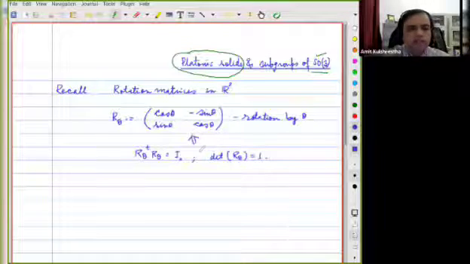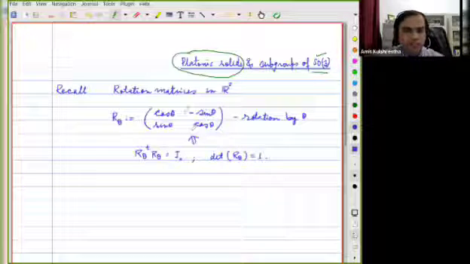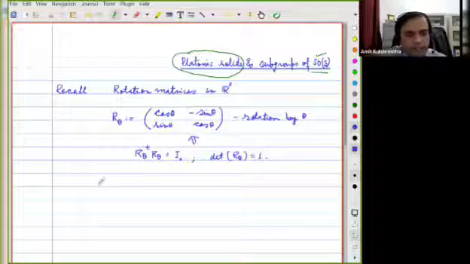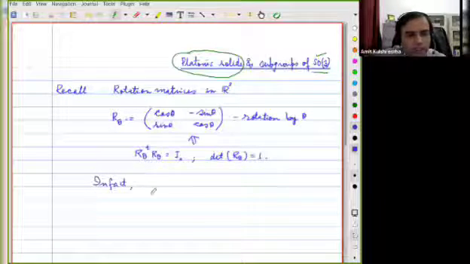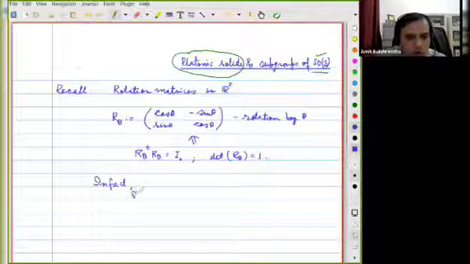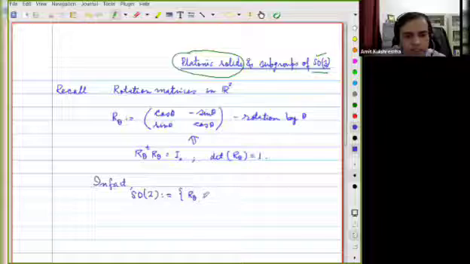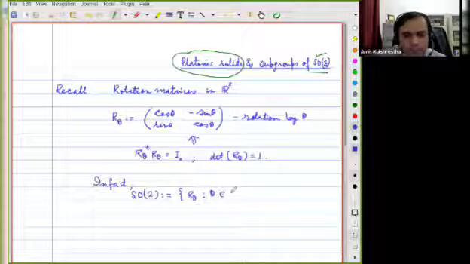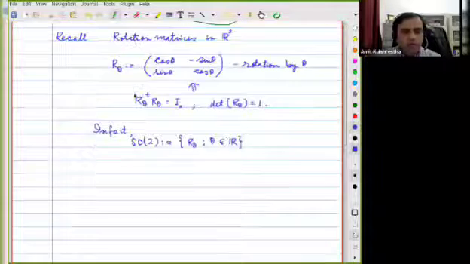Or even otherwise, using some understanding of trigonometry or geometry, you can derive that rotation matrices in R2 look like this. And because of that, what you have is that SO2, meaning all rotations in 2 dimensions, is of the form r theta, such that theta is a real number. Maybe theta is from 0 to 2 pi, but it doesn't matter. Theta is a real number. Okay, so all these are rotation matrices.